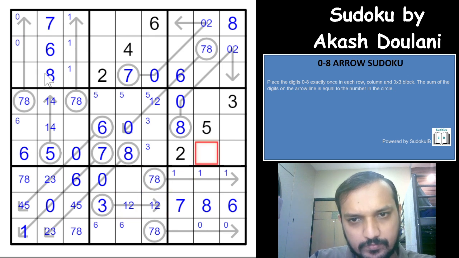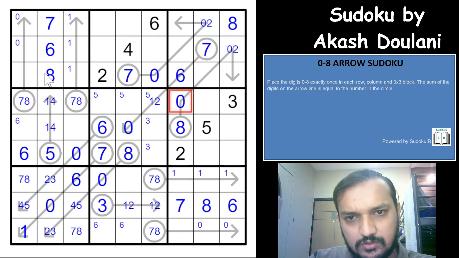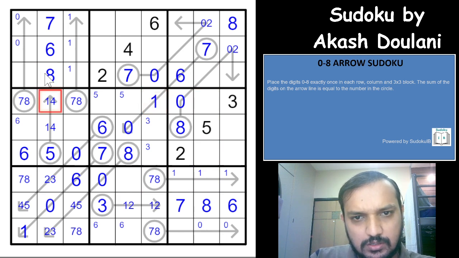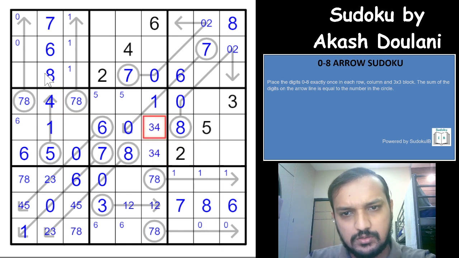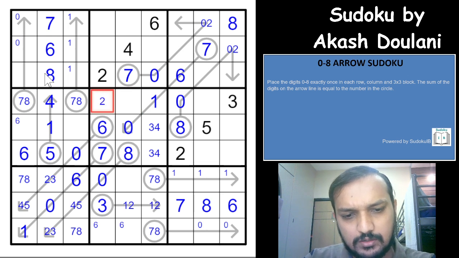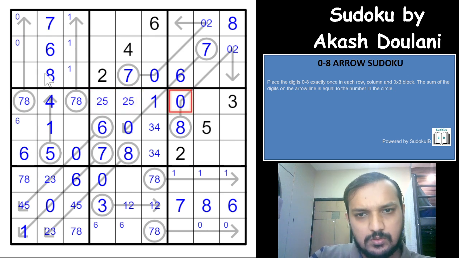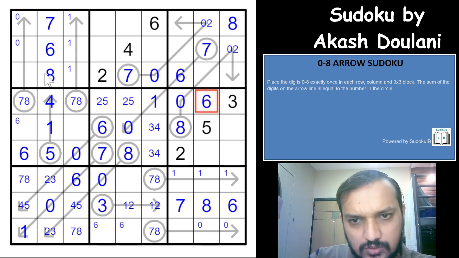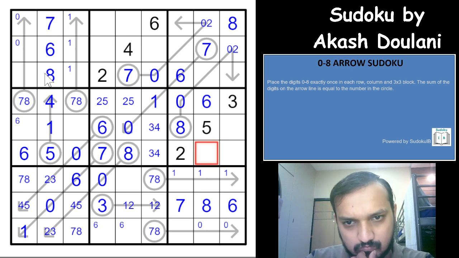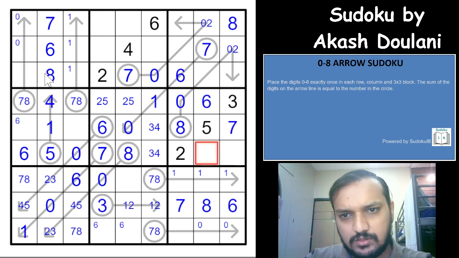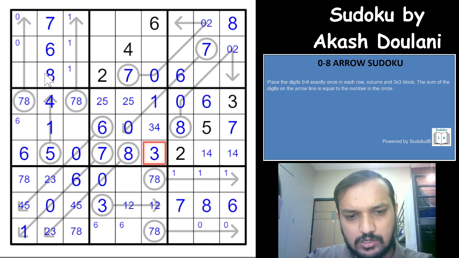Okay, and this is 7, so that gives you a 1 here, and that gives you 4 and a 1, that gives you a 3 4 pair here, that gives you a 5 and a 2 pair here, that gives you a 6 here, that is 7, this is 1 4 in any order, that gives you 3 and a 4, that is, oh sorry, this is 2 and a 1,